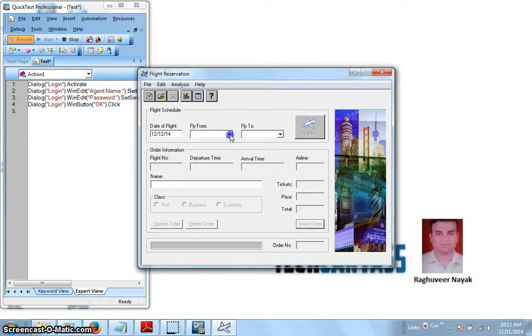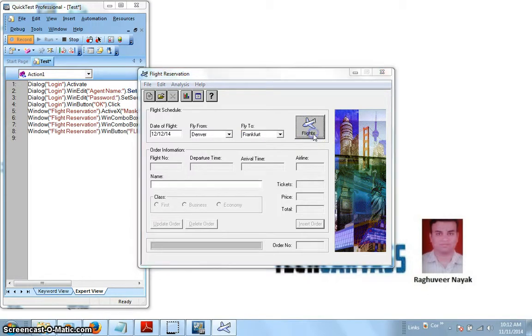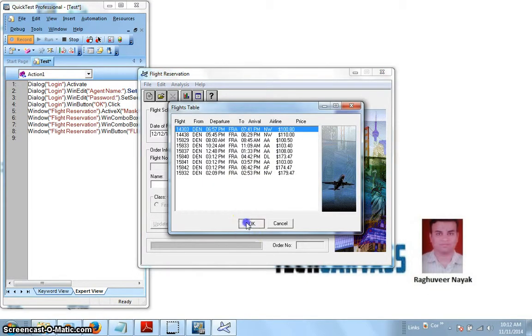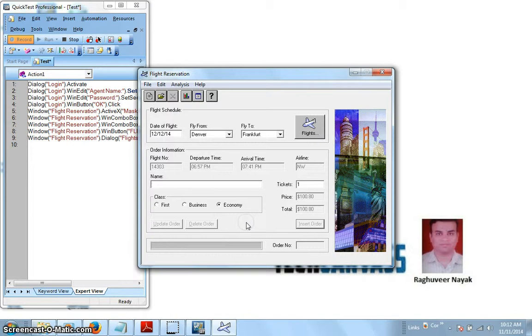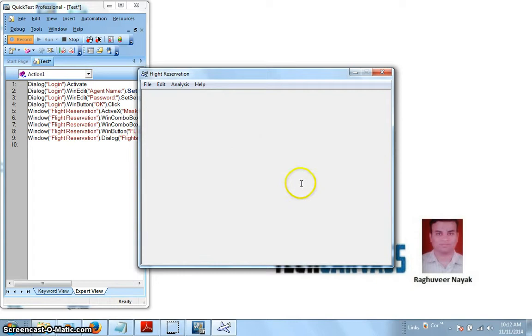I'm selecting the option Denver, selecting Frankfurt, and then a flight. I'm choosing one, and then my name, and choosing ticket 2.